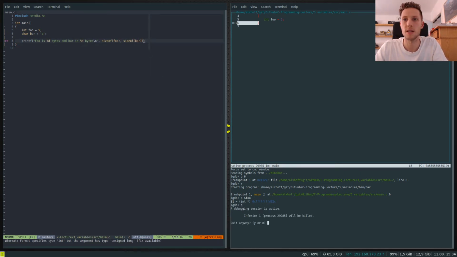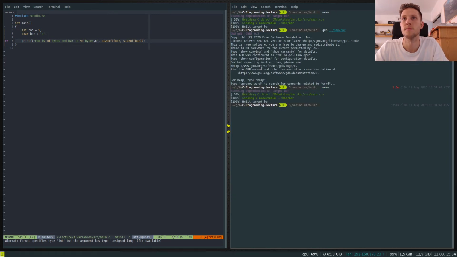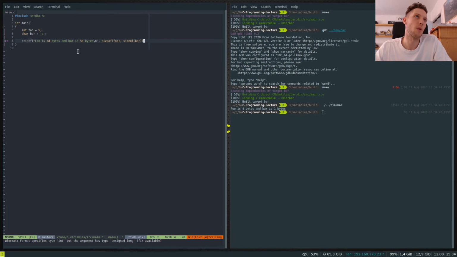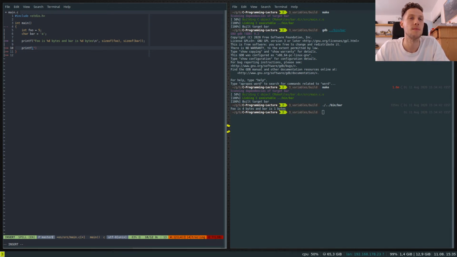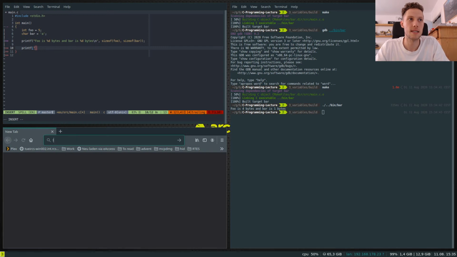So now if we just run this, we can see that foo was 4 bytes and bar is 1 byte, right? Because we're only storing a 1 byte character. And so A can have, we'll look at the value of A, because we're storing it as the ASCII character A, which if we look at the ASCII table,